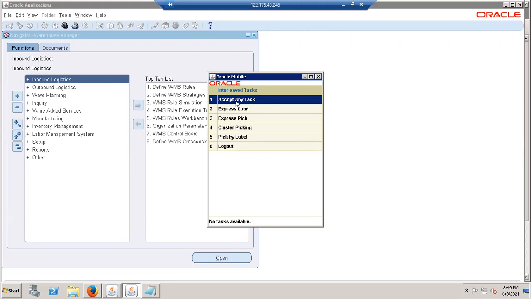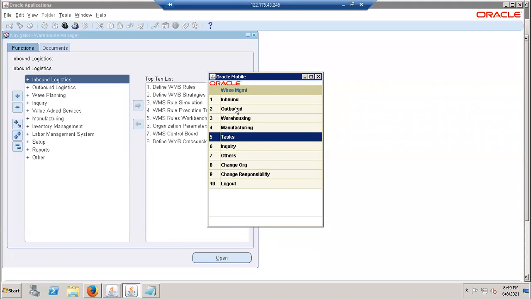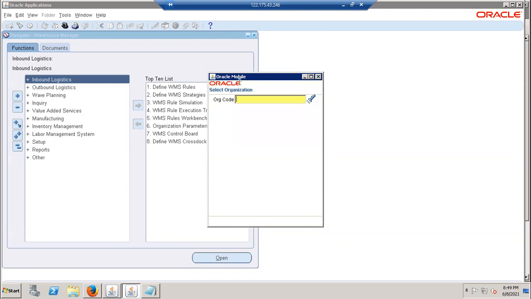No tasks available. Okay. Go back. Again, go back. Task, it should allow. We'll see. Maybe change our W1. Select W1.